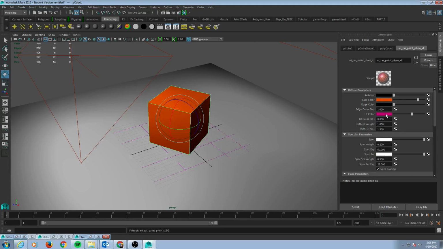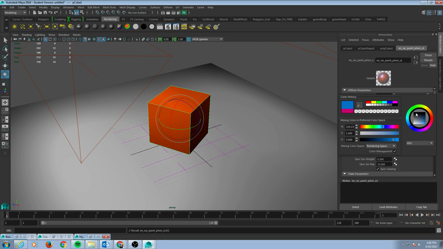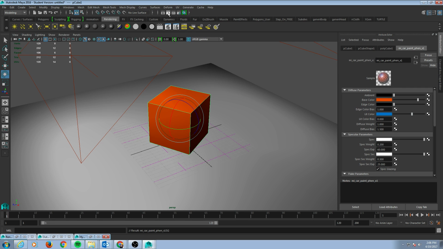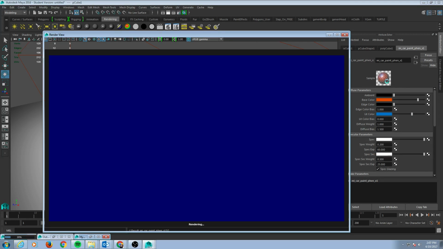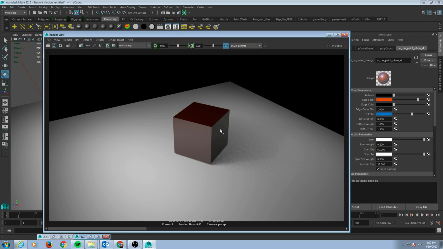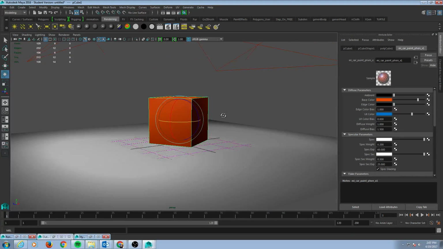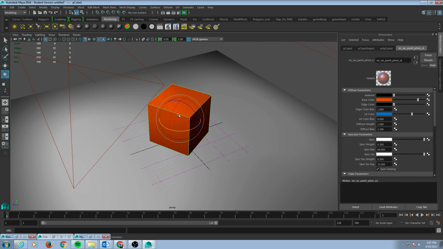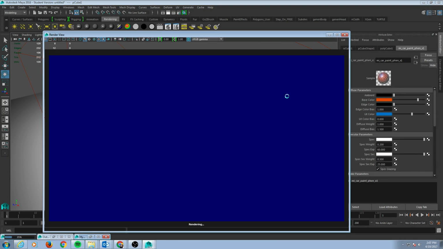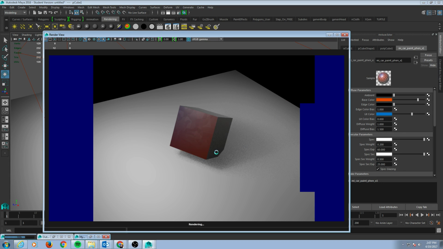So if I change this to blue, it'll be really evident. And then let's do a real quick render. But yeah, you can see how I'm not getting a direct hit from the light because I toned my light down. Actually, probably wouldn't hurt to turn this back into a sphere. Unless I really want to move around. Let's see what happens. There you go. You can see a lot of that